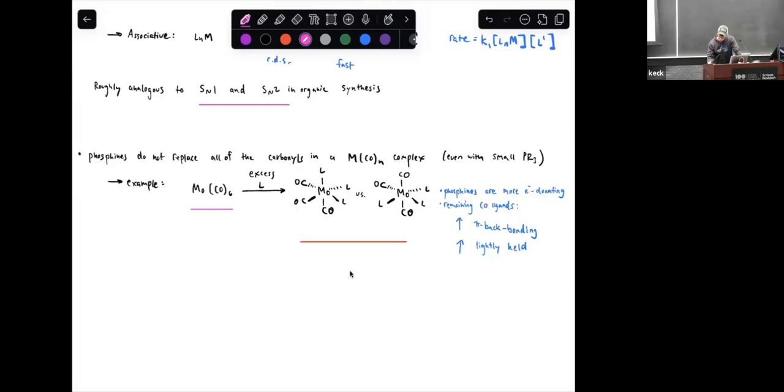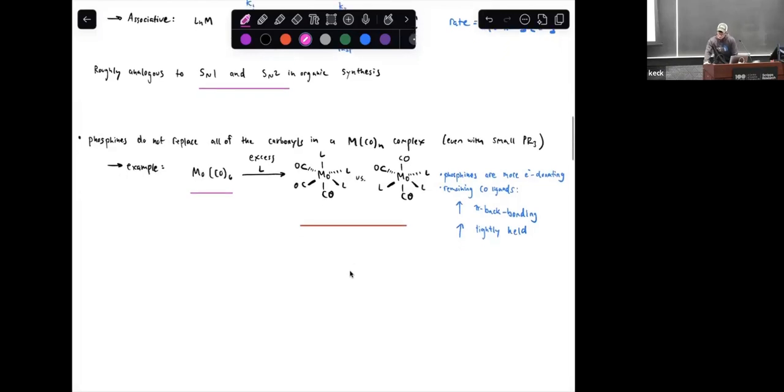Empirically, it's been observed that in these types of complexes, when one attempts a ligand exchange with phosphines, you typically will not get exhaustive ligand exchange. And the reason is that